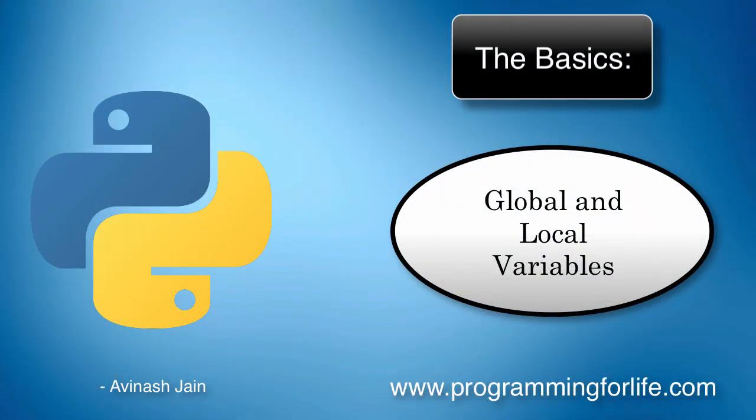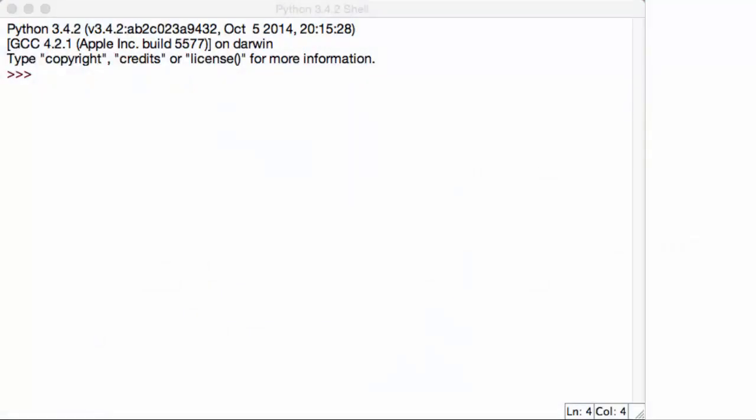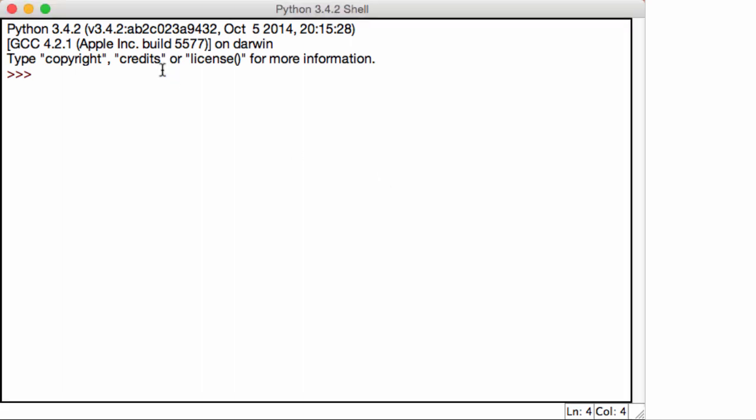Alright, so today we're going to be talking about global and local variables. This is something that all programmers should know: how global variables work, how local variables work, stuff like that. Follow me along. You don't have to type the code that I am, just understand what's happening. So I'm going to create a variable, I'm going to call it total, and I'm going